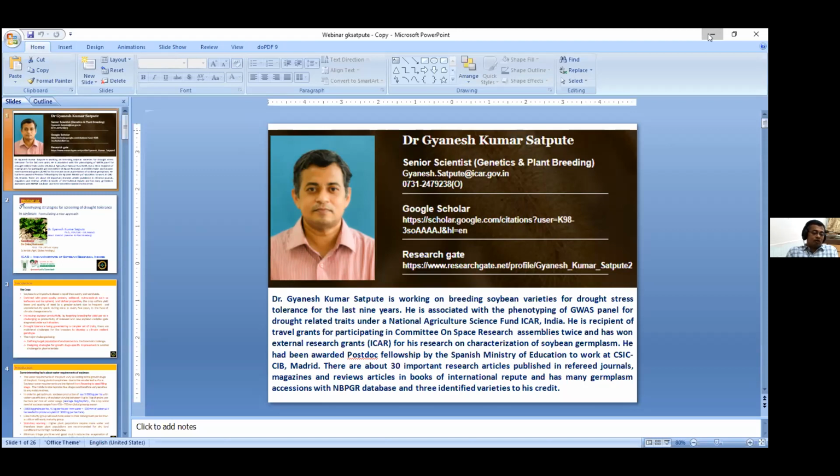And as I told, a narrow root angle from the soil surface is another important trait. So when soil moisture is there in the upper root region, it can extract from the upper root region, and when the soil moisture is in the lower substrata, it can extract from there. So if you have a genotype with a combination of these two, it will very much support the genotype in performing under drought stress.